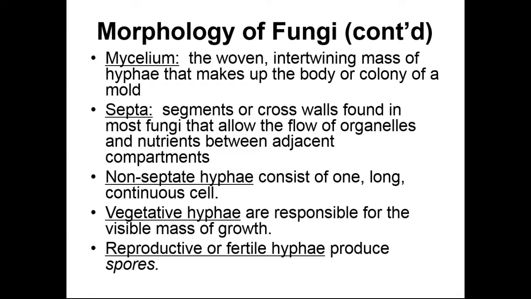Now, in between individual cells within the mycelium, within the hyphae of a fungi, we're going to have little cross sections separating adjacent cells. These cross sections that separate adjacent cells within a hyphae are called septae. Now, these septae are unique in that they allow organelles and nutrients to flow from cell to cell. So they aren't a very good barrier. They can differentiate or separate cells from each other, but they still allow adjacent cells to have